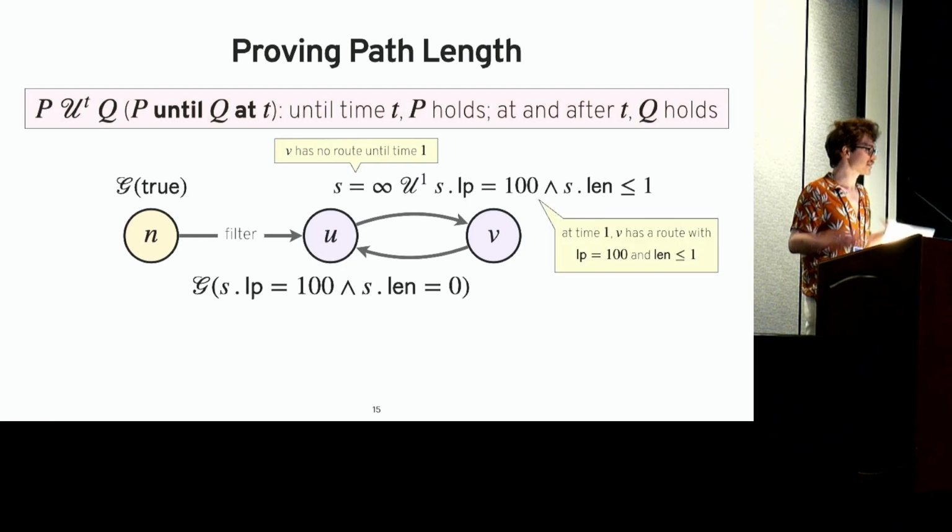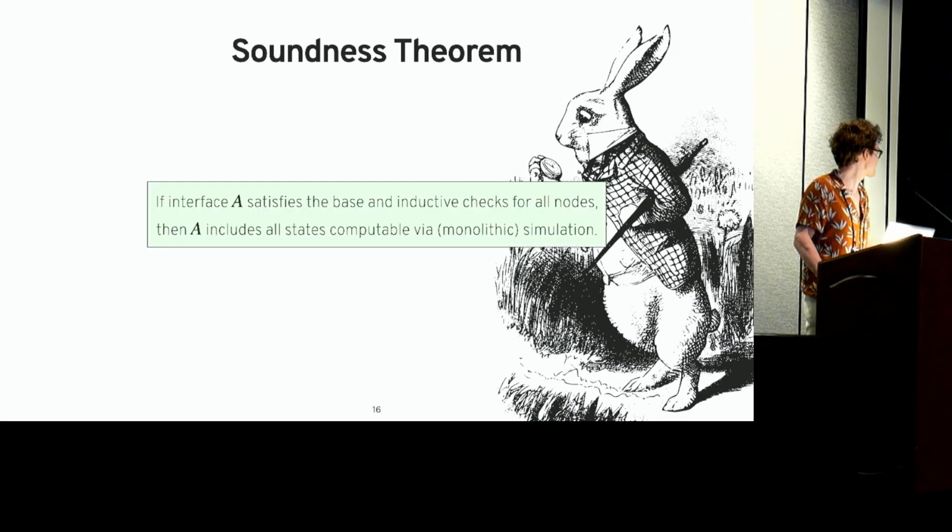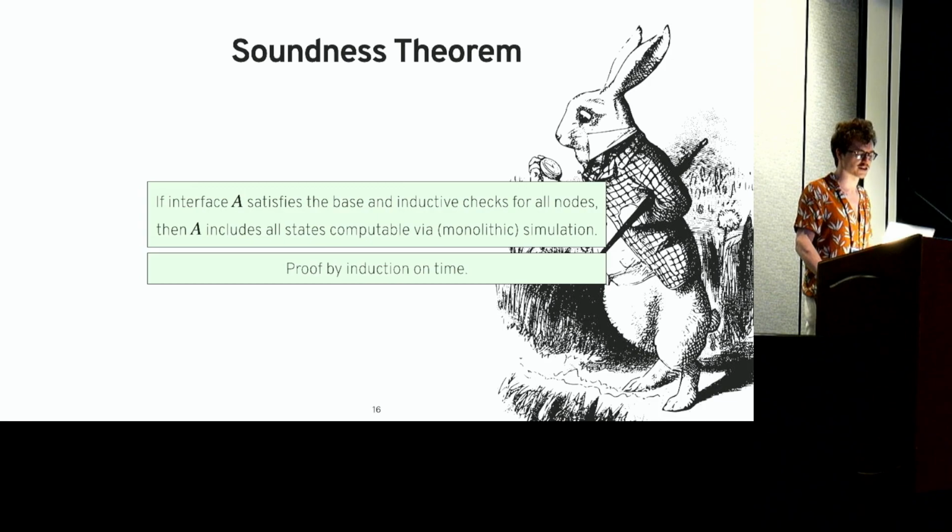And so we know this is a good way to do this because we have a soundness theorem. We proved that if an interface satisfies the base and inductive checks for all of the different nodes, then it will include all states that are computable via simulation of the network. And the proof is really straightforward. It's just by induction on time. So now that we have this proof, we know we have a reasonable system, and we can use it to